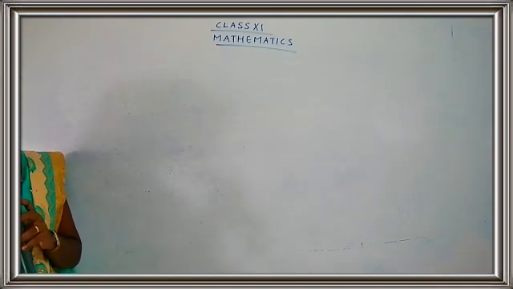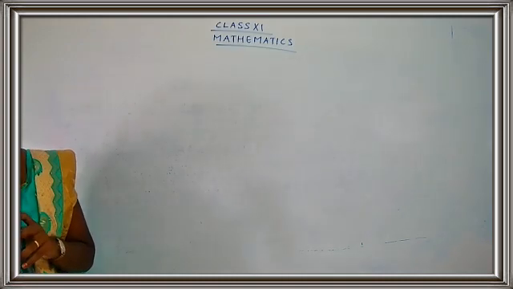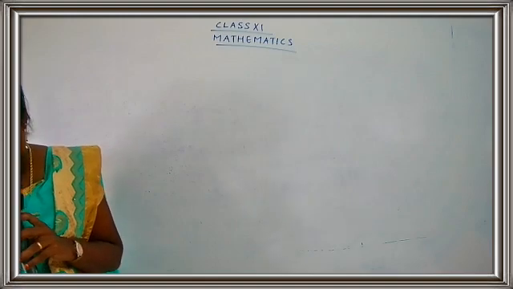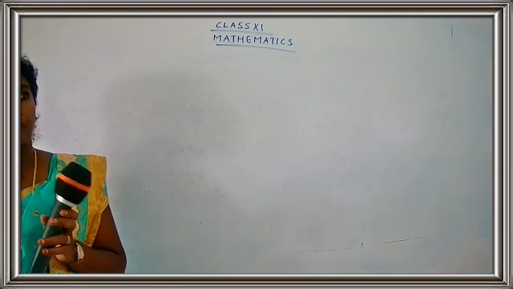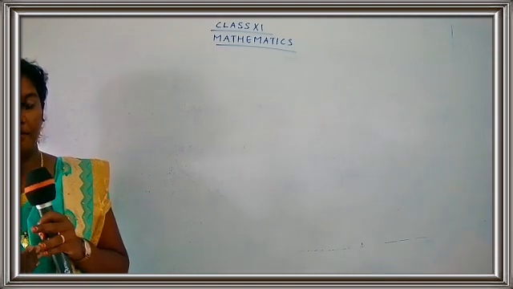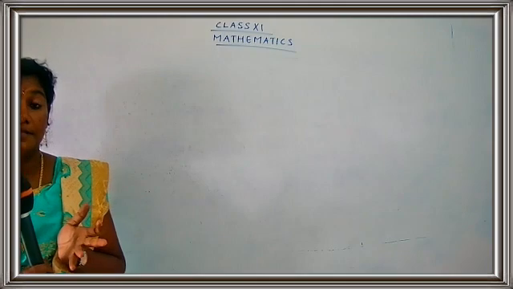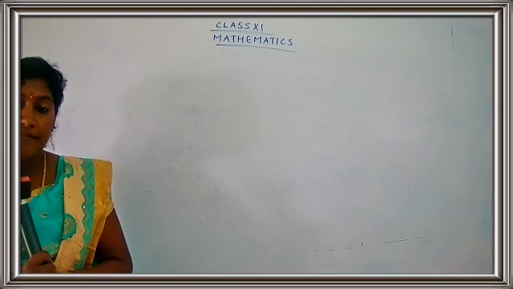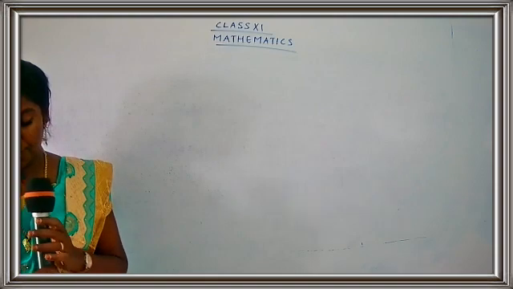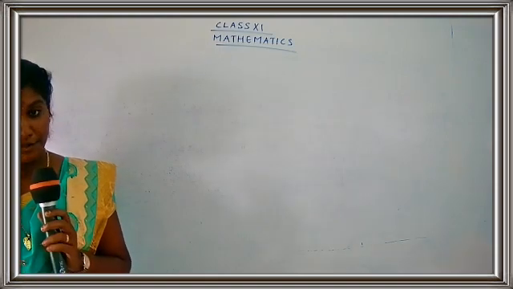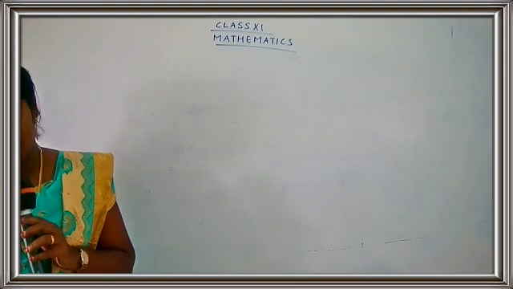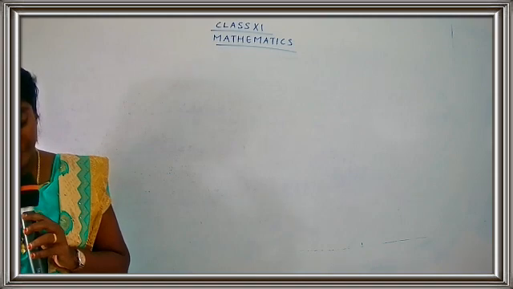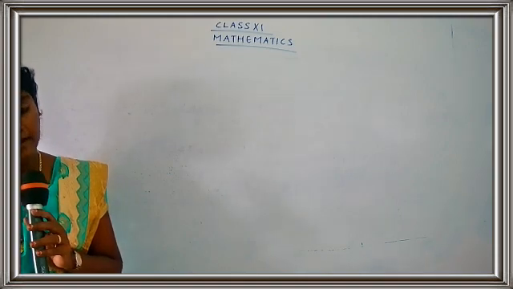So in the first class we just saw the trigonometric identities, yes children, on page 104, where we dealt with the sum and difference identities or compound angle formulas. Compound angle formula means sine of alpha plus beta, sine of alpha minus beta, cos alpha plus beta, cos alpha minus beta, tan alpha plus beta, and tan alpha minus beta. So this was based on sum and difference identities. That was the first part. And then we have also seen the formulas for double angle and triple angle.